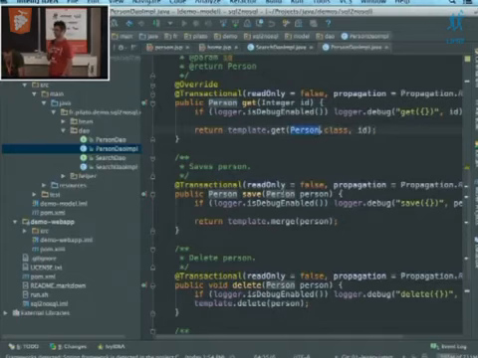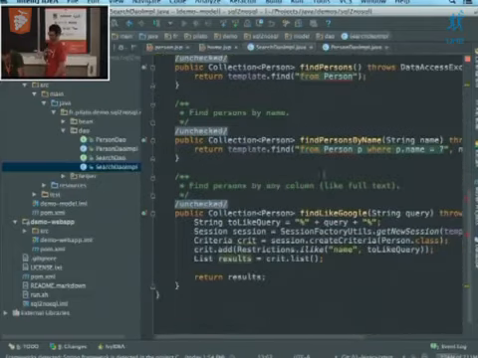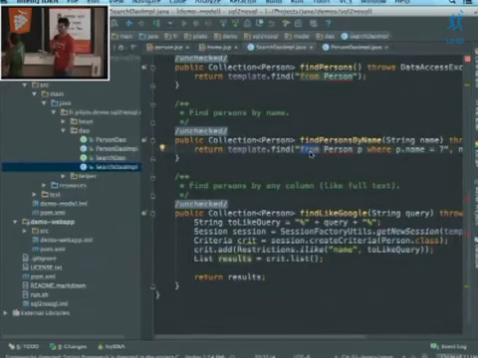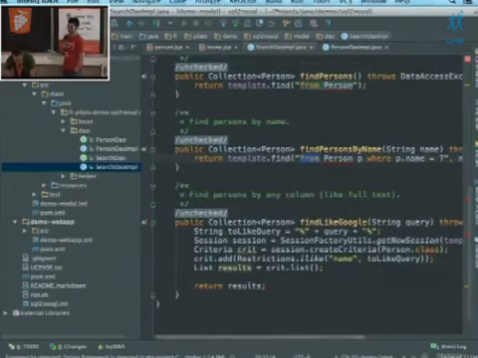If we want to persist it, we can also use Hibernate to save the person. And for search, if we want to search by name, we have to create a query in Hibernate, and we are searching a person by its name.